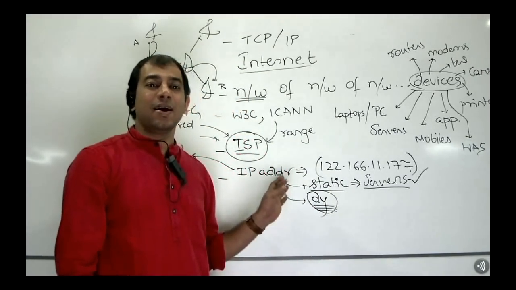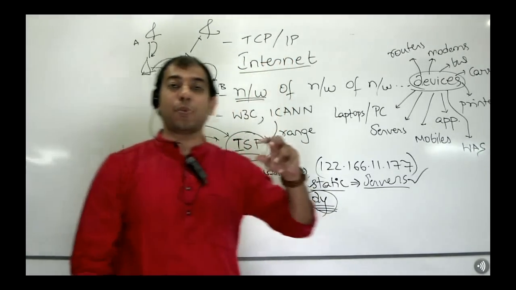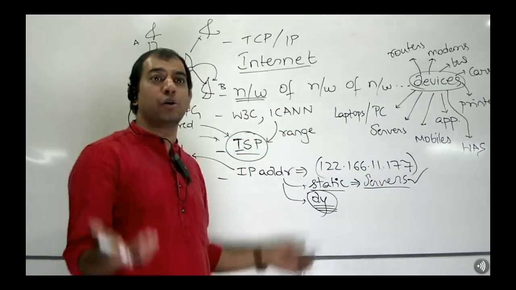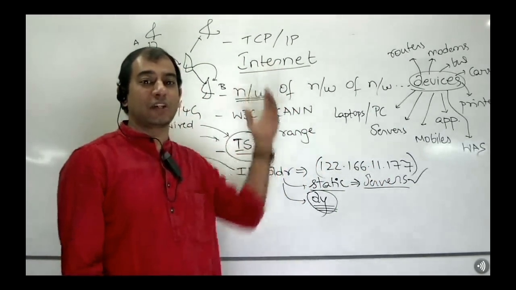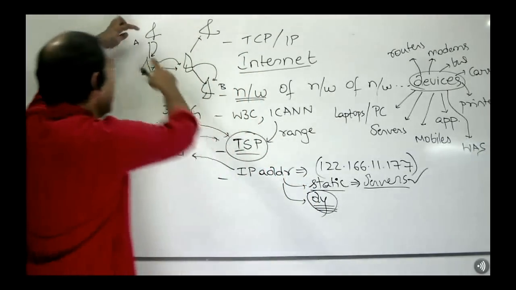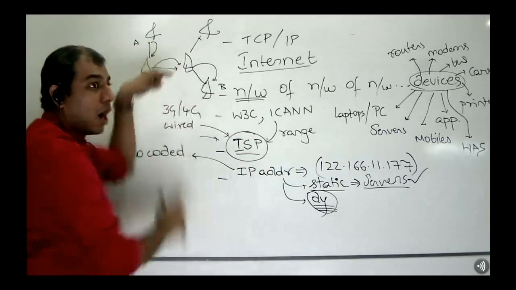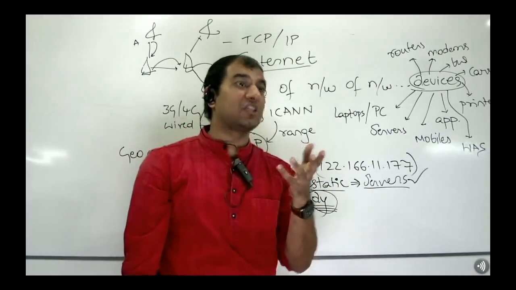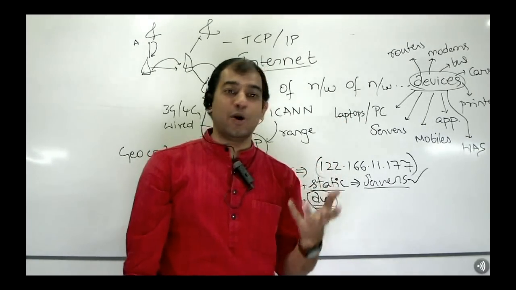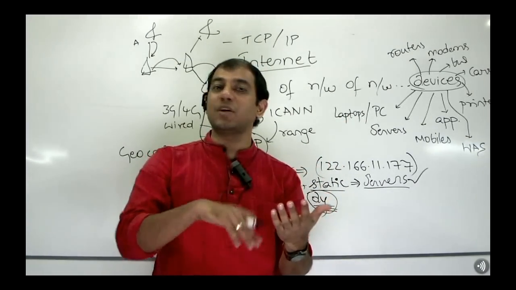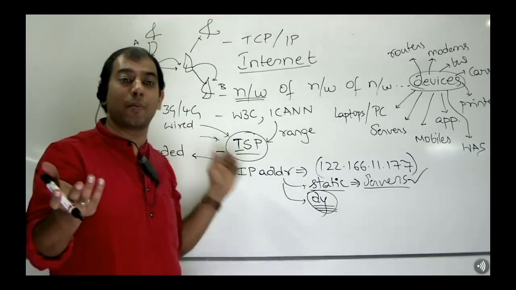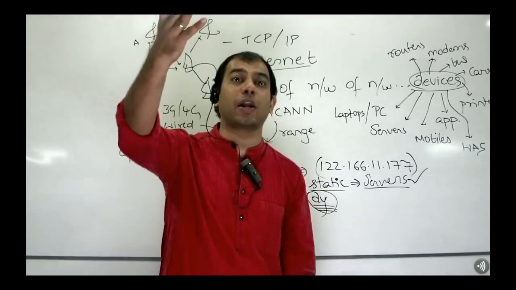So clearly TCP/IP has workarounds for these problems, isn't it? What are the workarounds? I'm sure you know, or you can easily guess. Tell me the first one. If the data is getting hopped between devices, how do we ensure that any one of the devices doesn't sniff the data, keep a copy of the data and misuse it? What is the implementation of TCP/IP to implement this simple level of security?